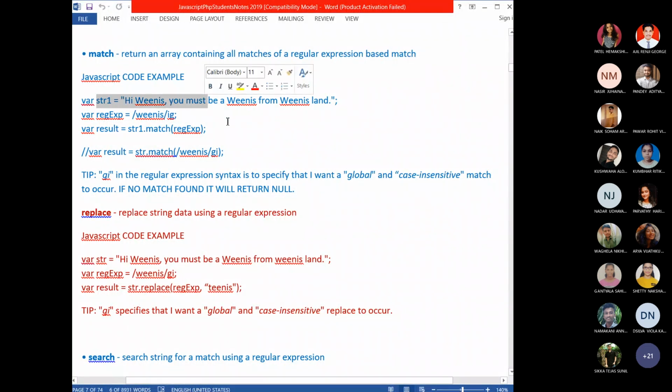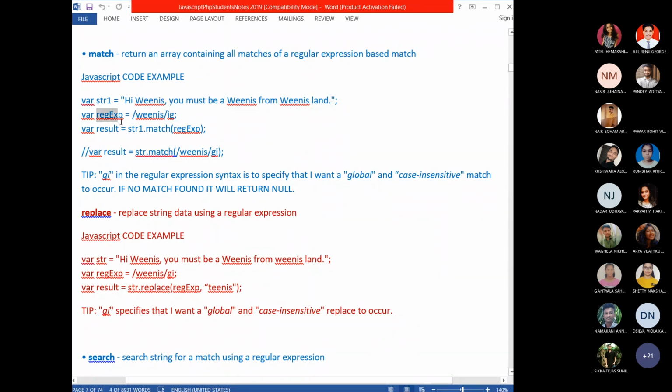In JavaScript, based on the value assigned to the variable, it is treated as the respective object. So str1 is a string object because you assigned a string value to it.